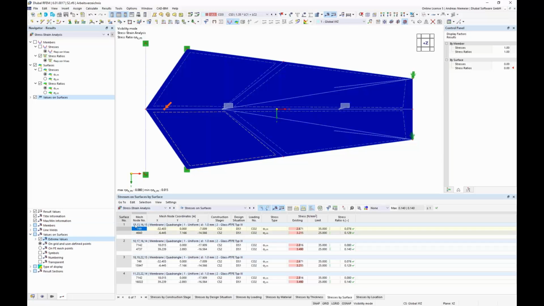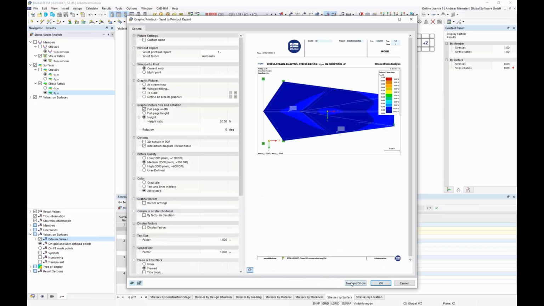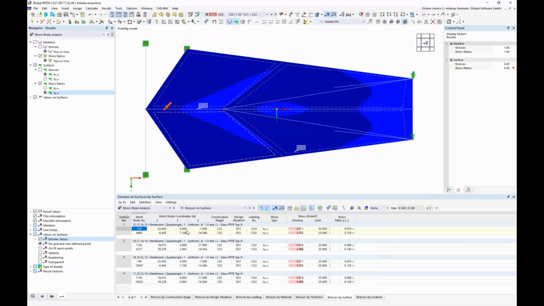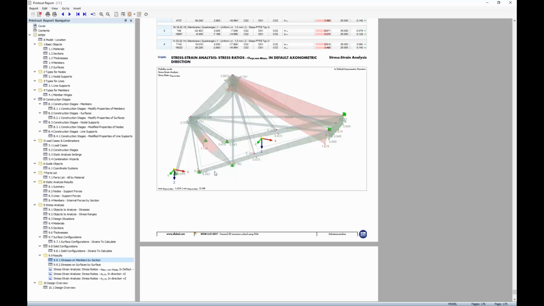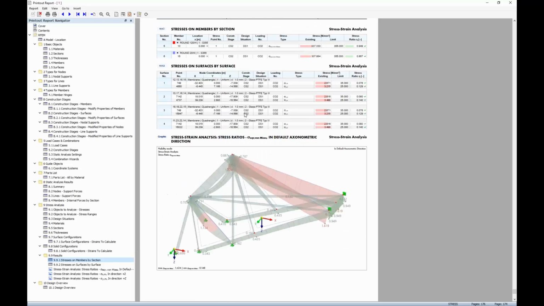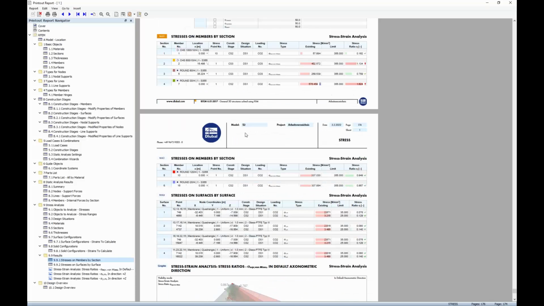So everything is possible. You can create your own pictures as expected, and let's go to print and move it into reports. The same for the Y direction, and print, and if it fits we update the report. So now the program is updated. You see the pictures are inserted in time, and the process is still running, and we can work with this